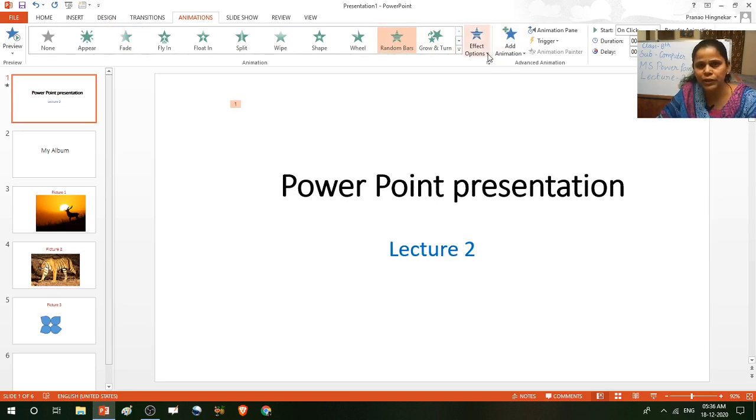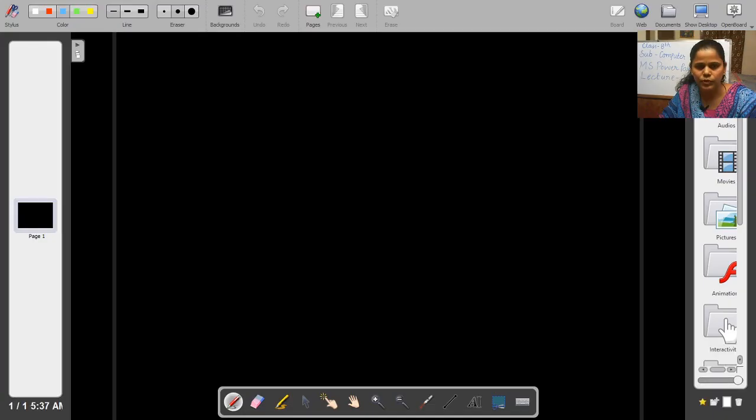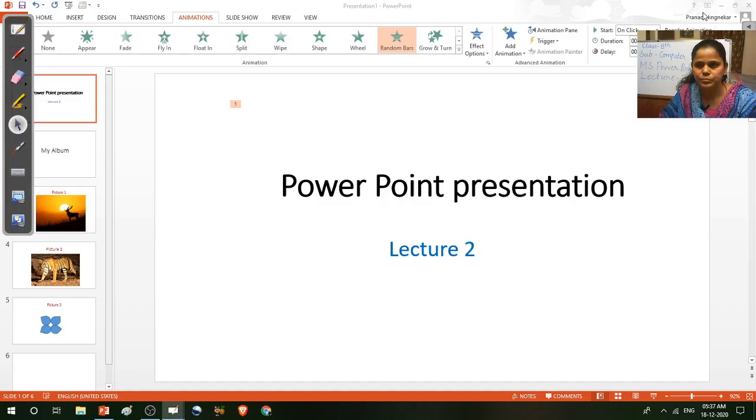Again, here is the effect options command. Just a minute, I highlight this command, effect options. So using this effect options command, click on the drop down arrow, and select the horizontal or vertical option.